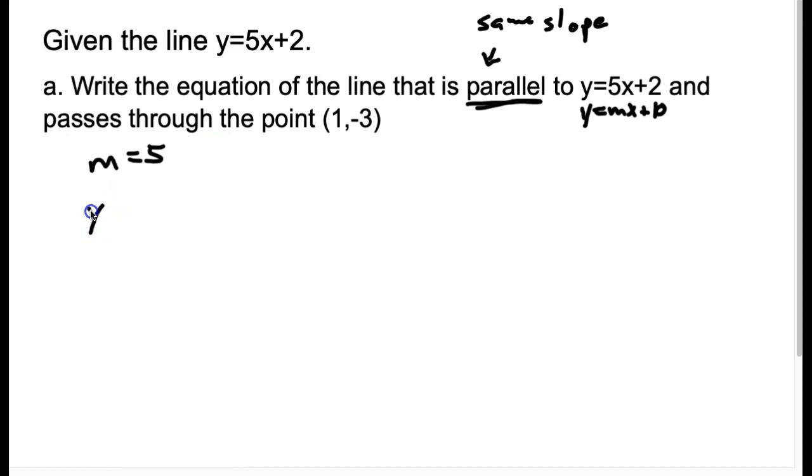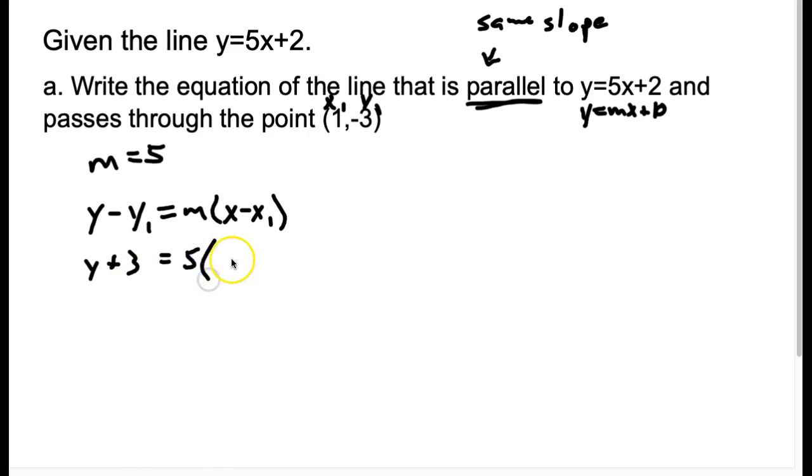So the equation that we're going to use is y minus y1 equals m times x minus x1. This is the point-slope form of a line, and we're going to use that because we have a point and the slope. So this is my x1 and y1. I'm going to take these three pieces of information and plug them in here. So I'm going to have y minus -3, which would be the same as y plus 3, equals 5 times